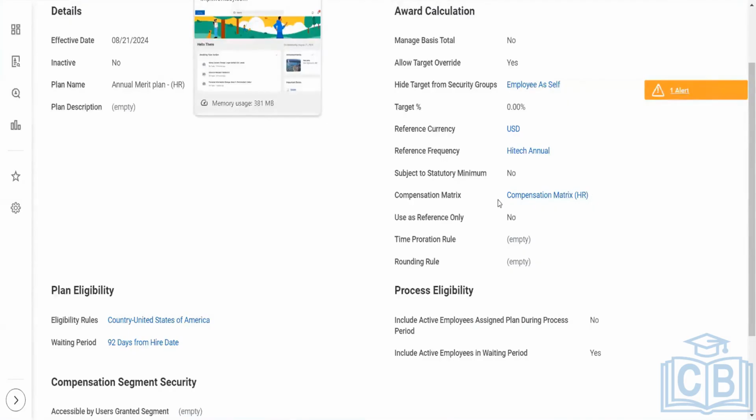If I have updated the compensation matrix but still do not want to use it, I can use this as "use as reference only." Whatever I'm doing as a manual comp merit matrix will not be taken into account, and the existing merit matrix will be just for example factor. Right.